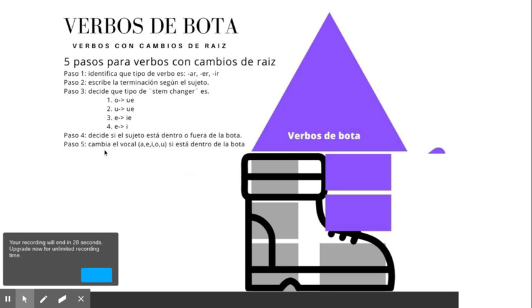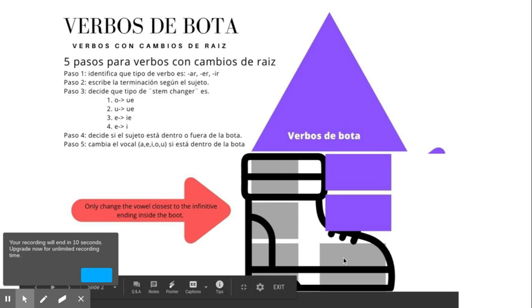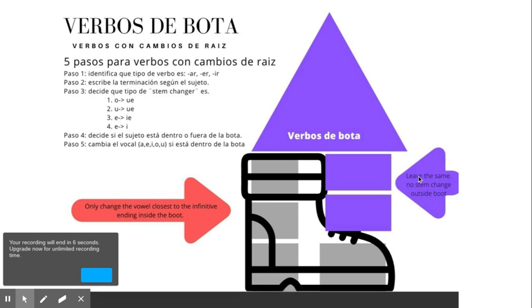Okay, cambia el vocal a, e, i, o, u. Those are our vowels. Si está dentro de la bota. Okay, so if it falls inside here, okay, only change the vowel closest to the infinitive ending in our boot. So if it's one of these conjugations inside this boot, you will do a stem change, but you will leave the stem the same outside the boot if it falls in